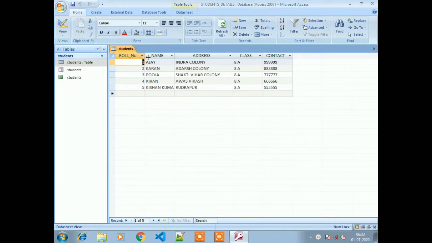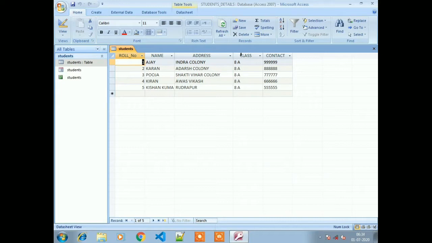Now we have one table that is students, and there are fields: roll number, name, address, class and contact. And in this table all the information has already been entered.